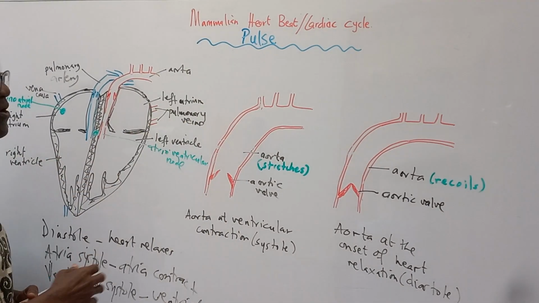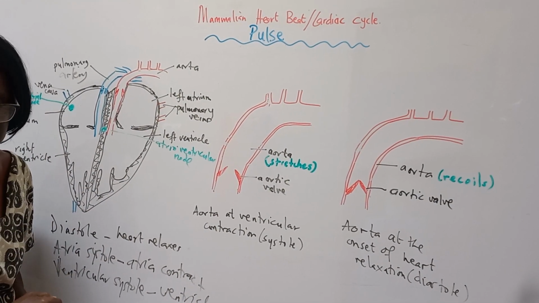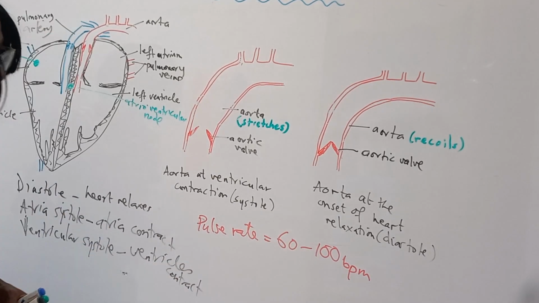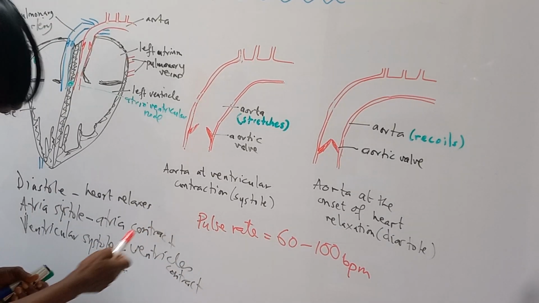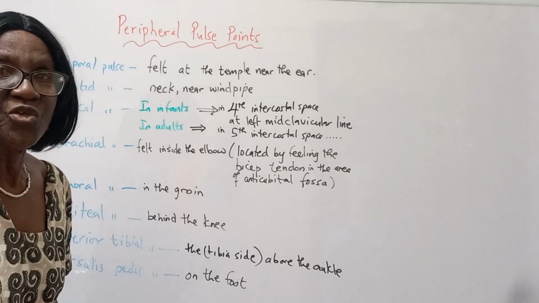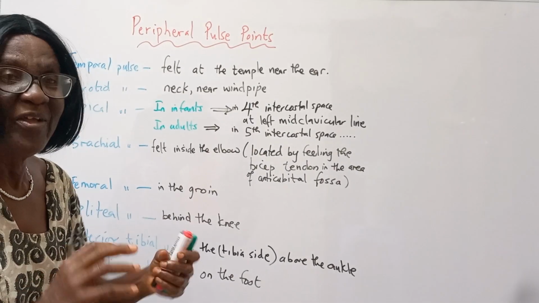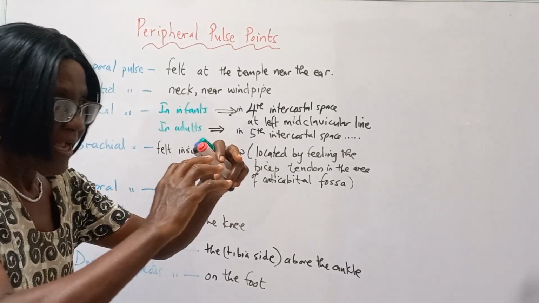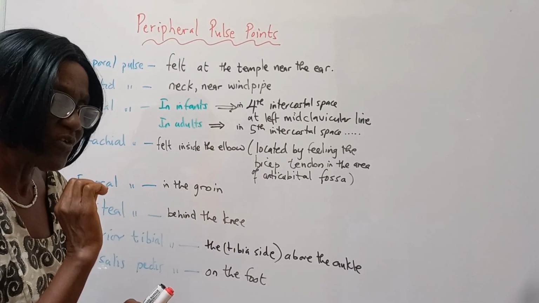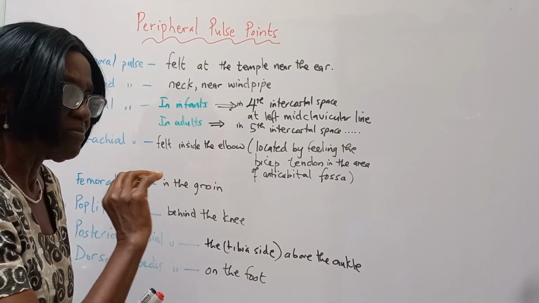One pulse represents one heartbeat. Pulse rate is 60 to 100 beats per minute, just like heartbeat in an adult human. So as we said, as the ventricles contract, the aorta stretches and then squeezes, so it sort of pushes the blood on,